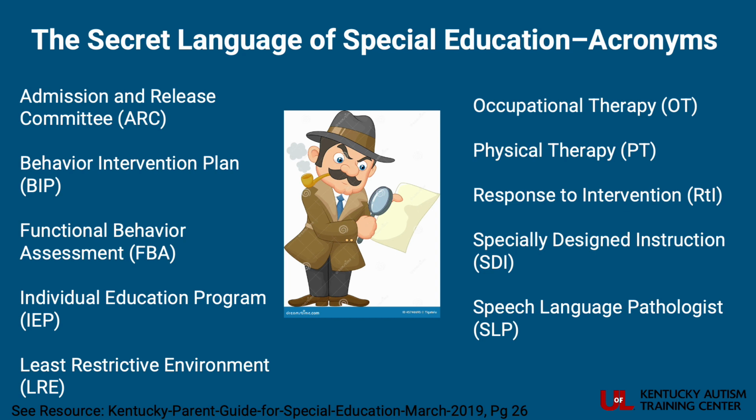Next on our list is the BIP, which is a behavior intervention plan. This is a plan that's an additional part of the IEP or 504, and it's needed when behaviors are impacting the student's learning or that of others, and the IEP is not enough to address it. So it will further address the target behaviors in need of changing and outline the positive behavior interventions and strategies to be taught.